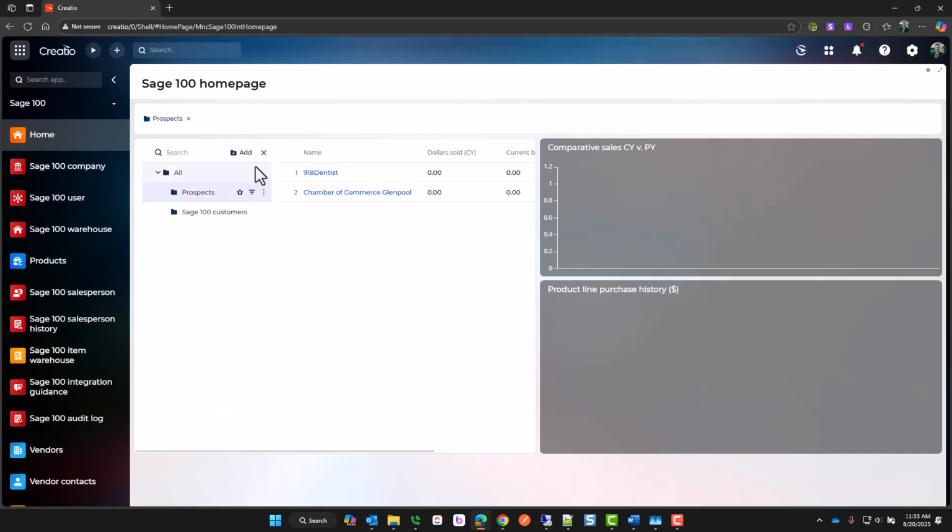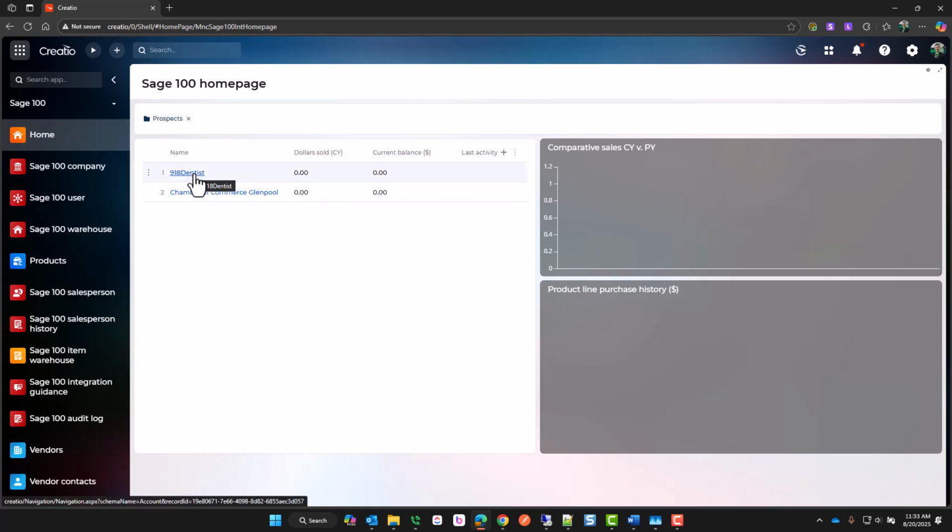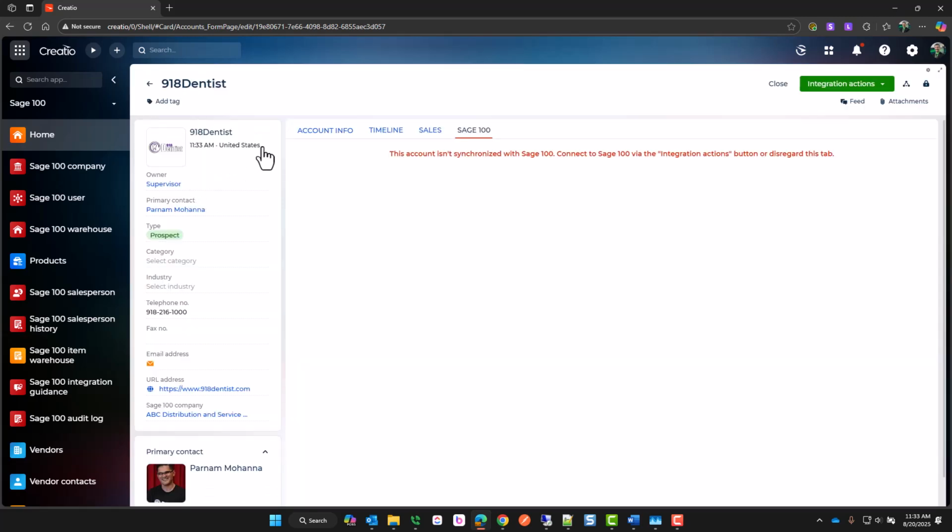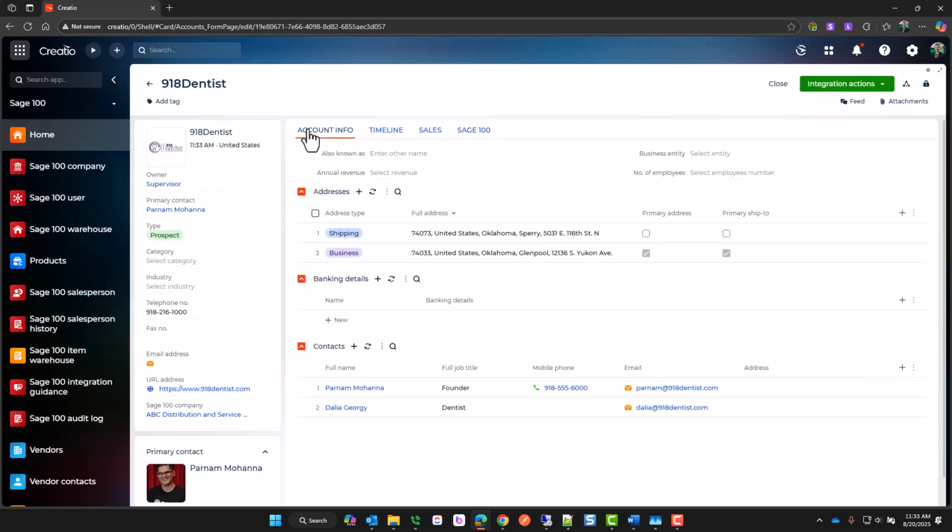Let's move on to working with prospects. Here we have a couple of prospects, 918 Dentist and Chamber of Commerce Glenpool. If we come into 918 Dentist, we can see that we've built a fairly robust profile for this company. They have a couple of shipping addresses, a couple of contacts, a primary contact, and